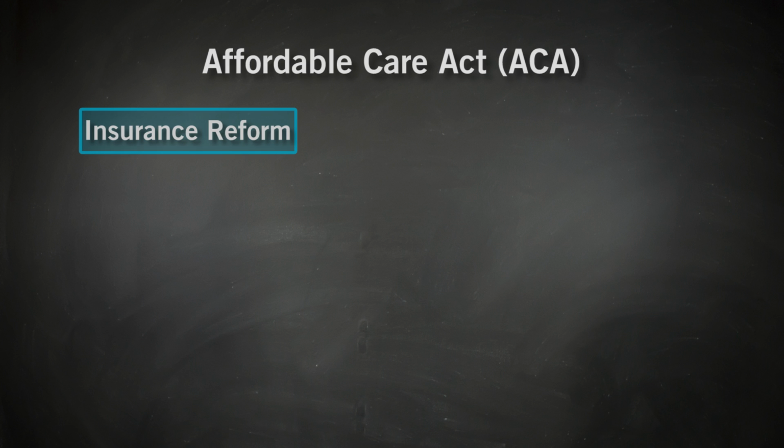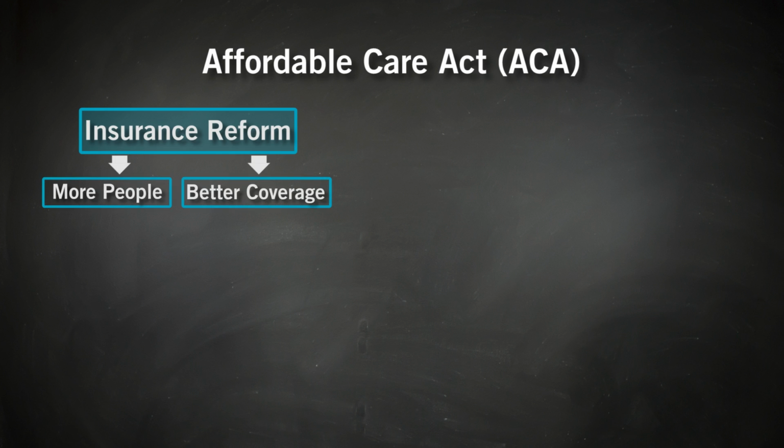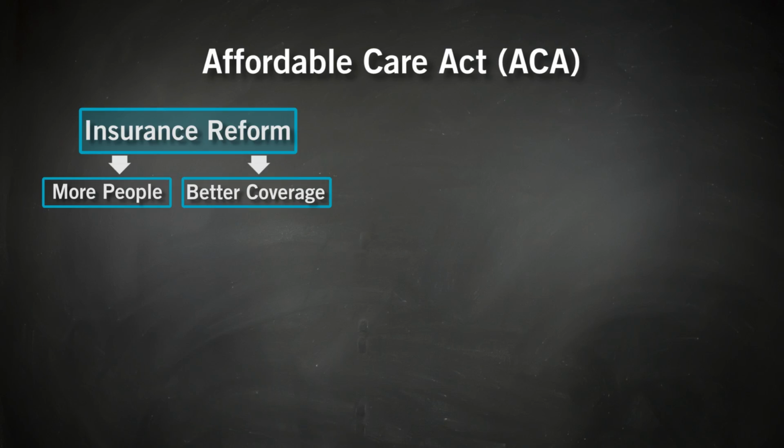Thing number one was give people more insurance and better insurance. It's the insurance law. At the time the law was passed, about 50 million Americans had no health care coverage at all. And the intent was to make that coverage possible, and in so doing, make the coverage more effective. That's been the mainstream of policy that you've been reading about since 2010. How did the Affordable Care Act attempt to achieve more coverage? Two main ways. The first was to cover more people under Medicaid.